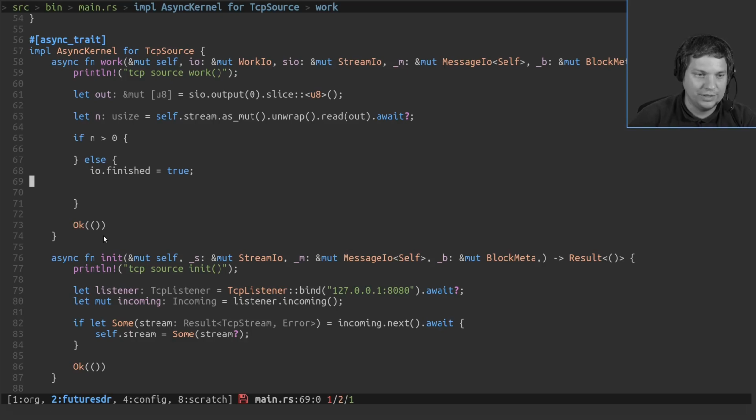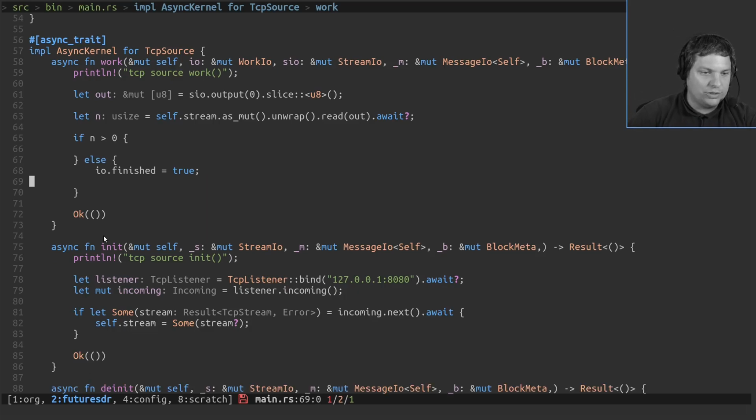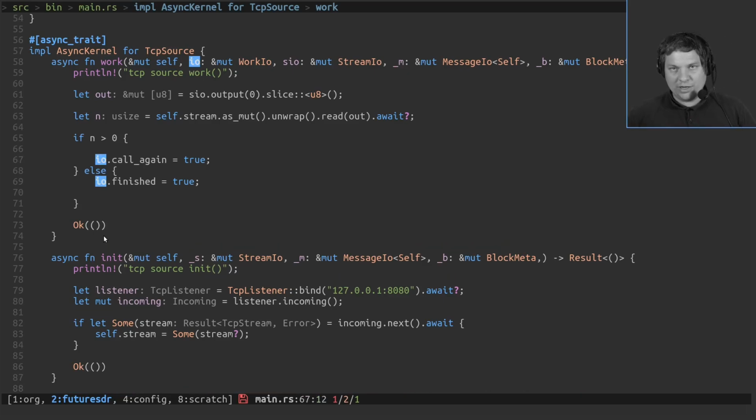Let's see what else we can do with this IO function. We can also say call again. This is something that tells the runtime to just call work again, even if nothing happens, if it doesn't make any sense for you outside, we want to be called again. Maybe that's just much easier to implement the block or something like this. In our case, we will also do this because once we read something from the socket, we produce the data, and from the perspective of the runtime, because the runtime doesn't know about the socket, there is no need to call again. But we say, hey, just call again. We will then in work read again, do this async read and work again. So here we will say this.